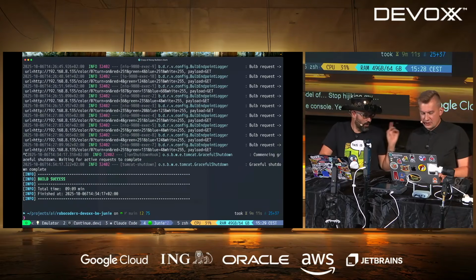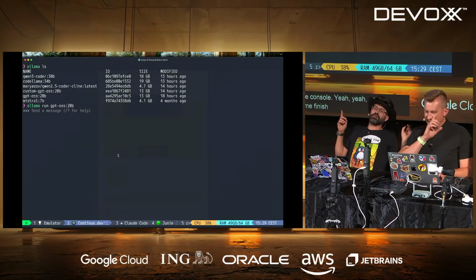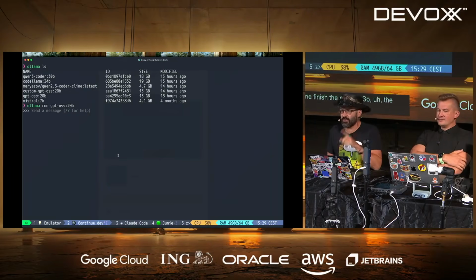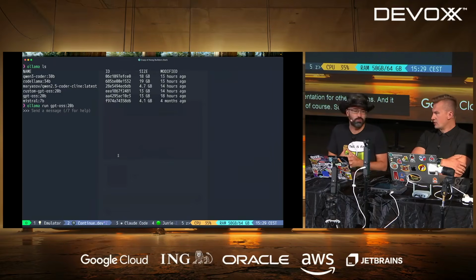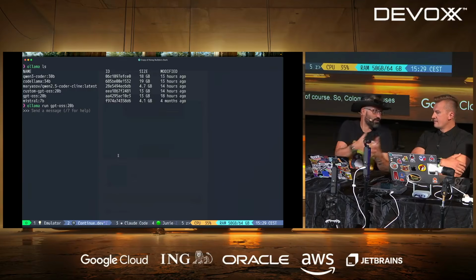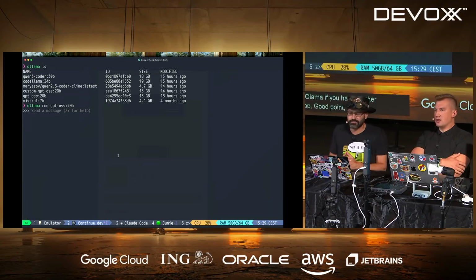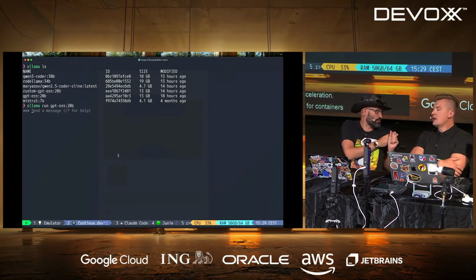Let me finish the phrase. The benefit of running Docker model runner is that you don't need a separate Ollama, because you already have Docker Desktop for other reasons, and it actually uses GPU acceleration on Mac, of course. Ollama also uses GPU. Yeah, I know, but you don't need Ollama if you have Docker Desktop. Good point, because some systems might not allow you to use GPU. And you can run your models with GPU acceleration from the same tool that you already use for containers and MCP. This is pretty cool.